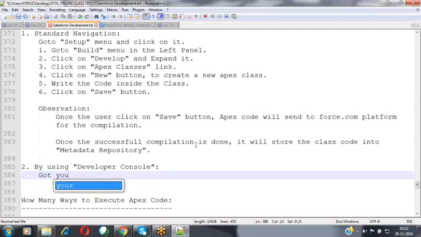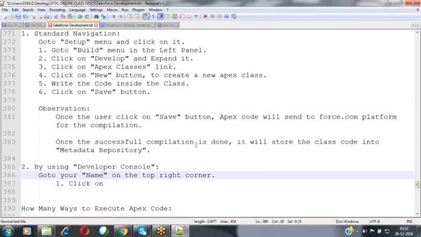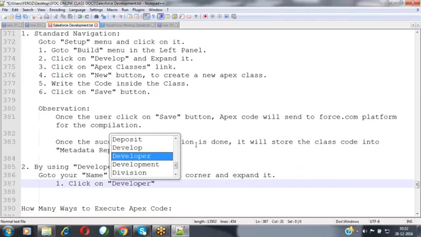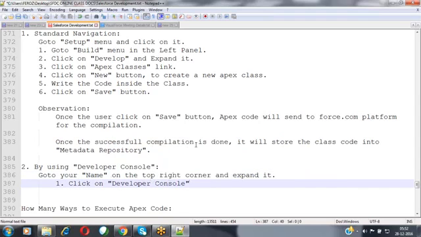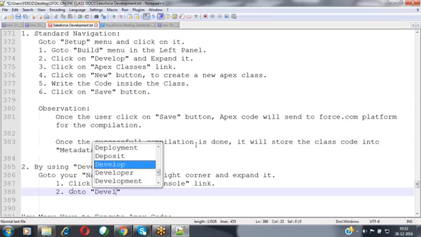For that, go to your name on the top right corner and expand it. Click on the developer console link, and then go to the developer console editor.